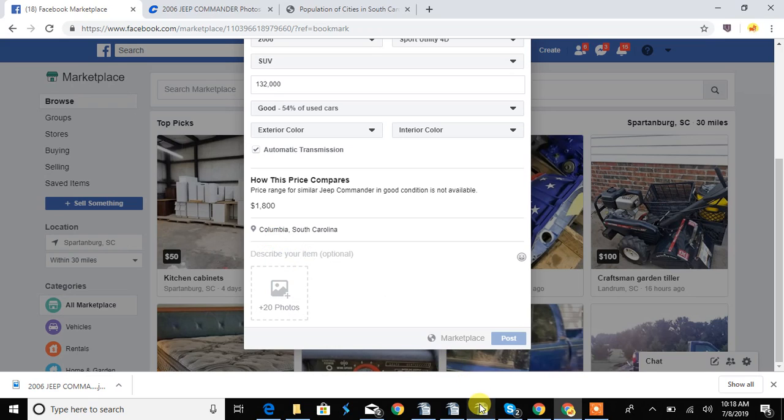Now, I will send you a list, but you want to put a little bit of a description. Even though it already has it up here, you can put 2006 model with 132,000 miles. I'm going to put bank repo on this one. And then you always put, for more information,